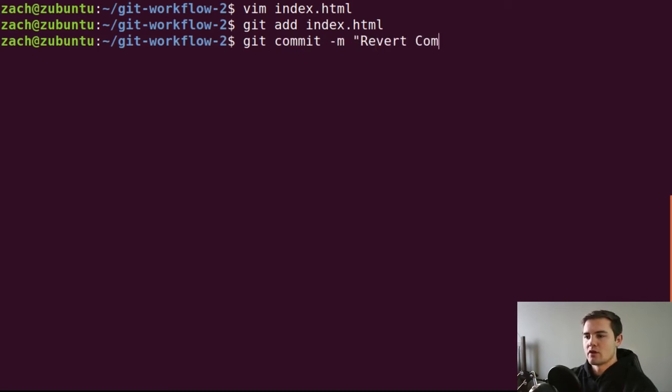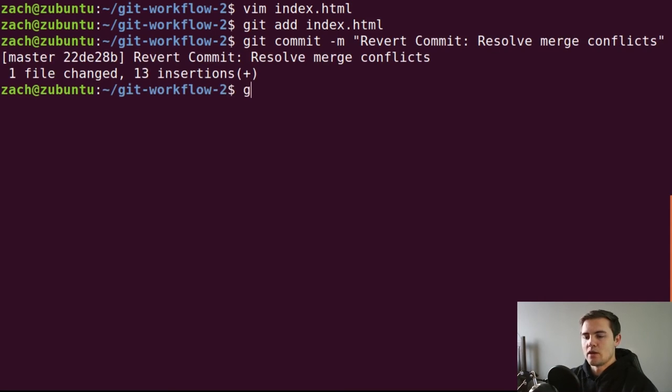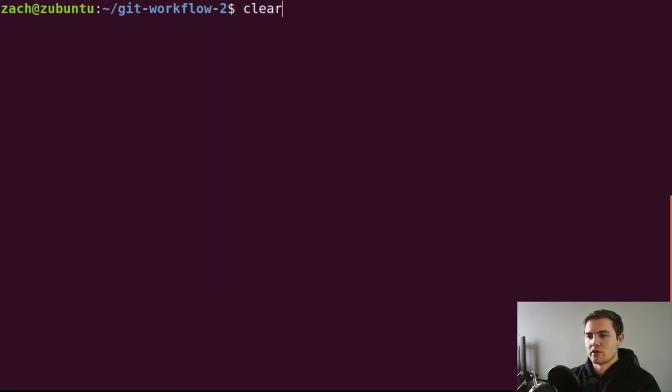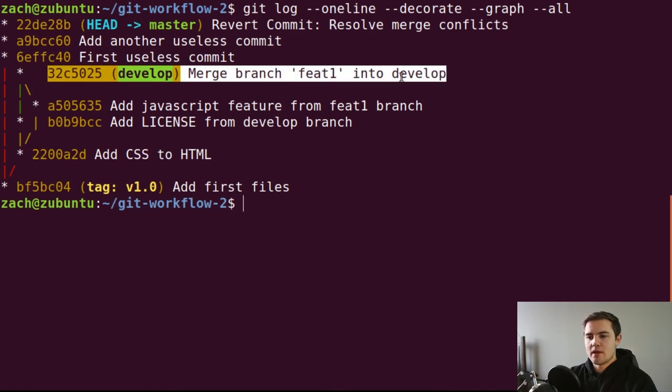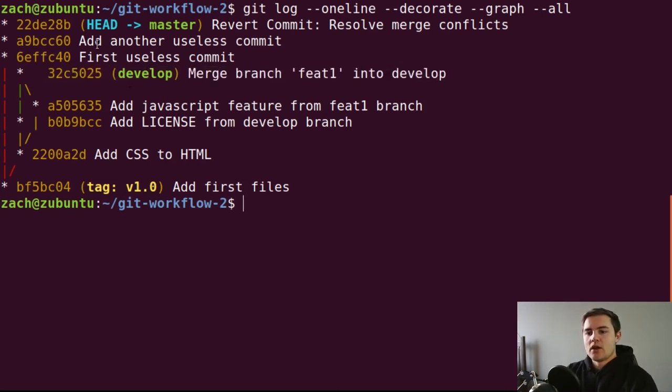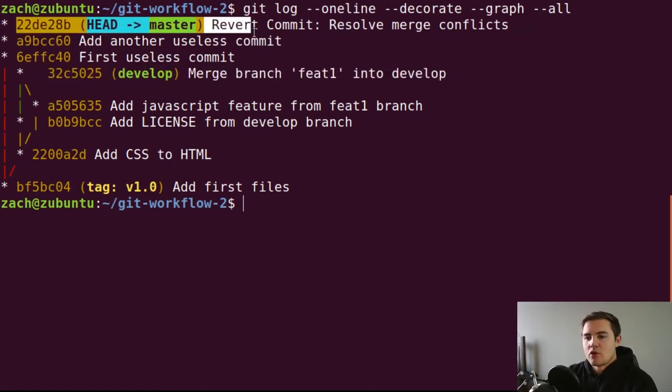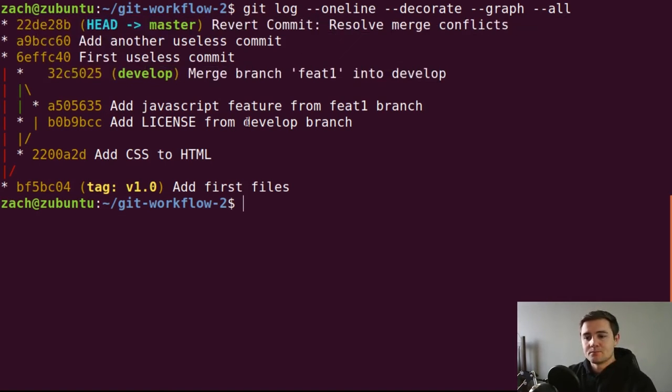So we'll say revert commit, resolve merge conflicts. And we can now see what the repository looks like. You'll see that we have this new commit here, which represents the state of the repository back at this commit without the feature1 branch integrated into it. So in other words, we have this brand new state of the repository while also keeping all the history of